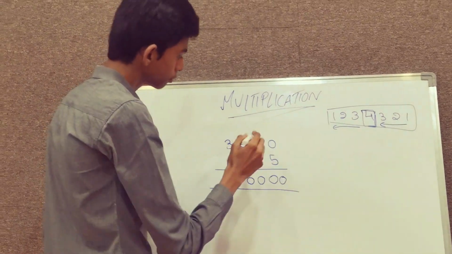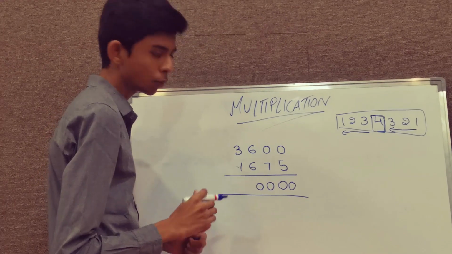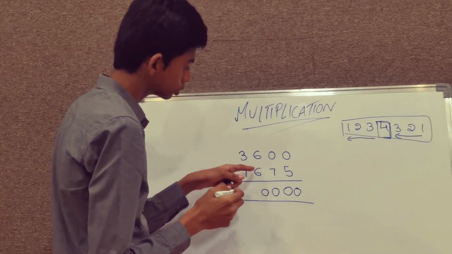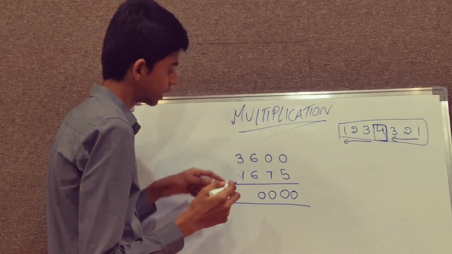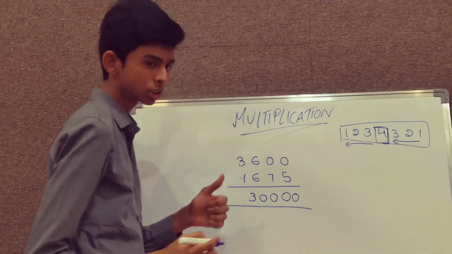What is the fifth step? We have to take the last 3 columns. So 7 into 3 is 21. 21 plus 6 is 27. And then 6 into 6 is 36. So 36 plus 27 is 63. And then 1 into 0 is 0. So writing 3 here, keeping 6 in the mind.